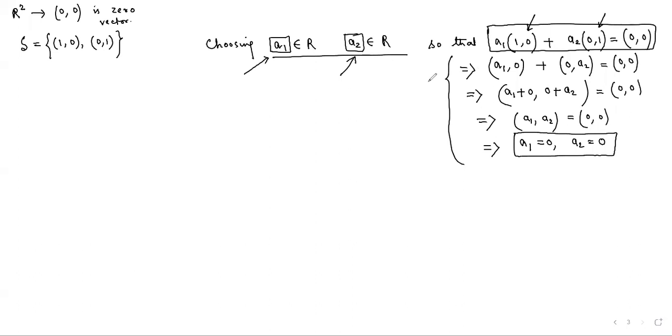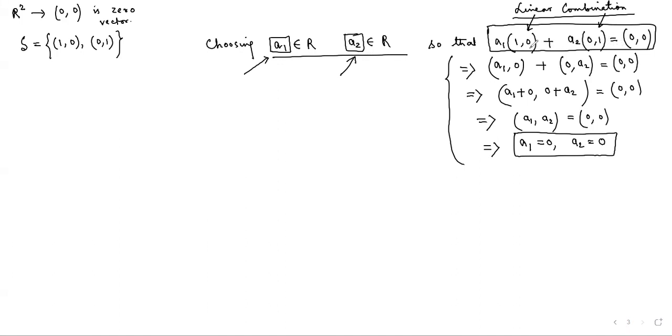No, 0, 0 is not coming. I'm assuming a special type of linear combination, which when constructed gives you the result 0, 0. I want to find what sort of numbers a1 and a2 should be when a1 is multiplied by a vector of the set capital S and a2 is multiplied by a vector of the set capital S, and it gives me the origin. What sort of numbers can a1 and a2 be?